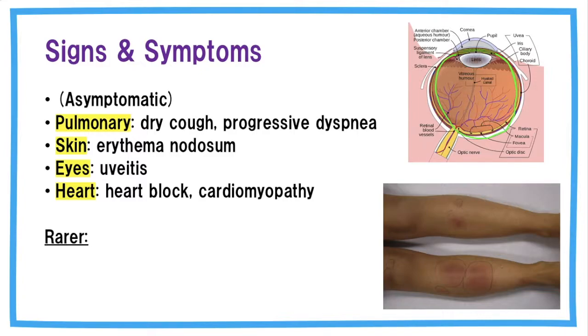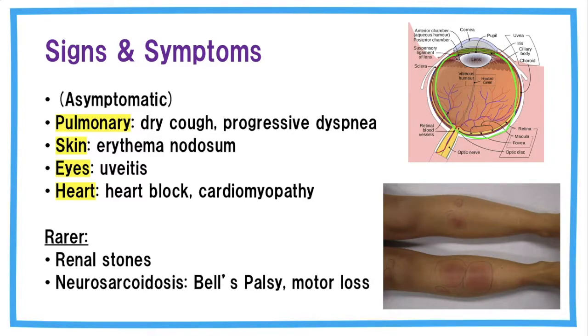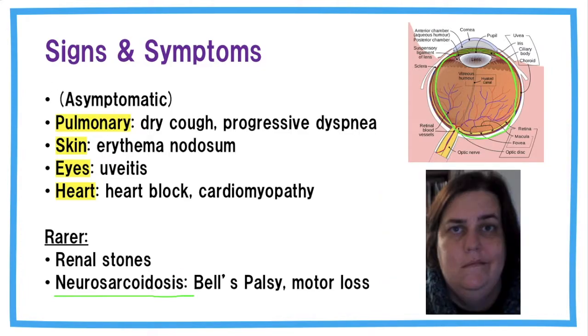Rarer areas of involvement include the kidneys, but also the central nervous system, and when granulomas occur in the latter of these, we call it neurosarcoidosis. This can cause Bell's palsy, which is palsy of the facial nerve causing one side of the face to droop like this. There's no one set test that diagnoses sarcoidosis, but here is a list of some of the tests